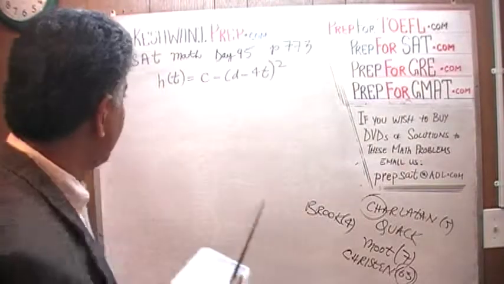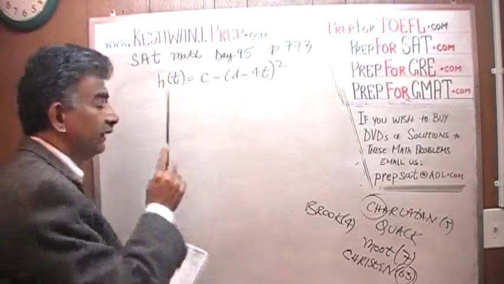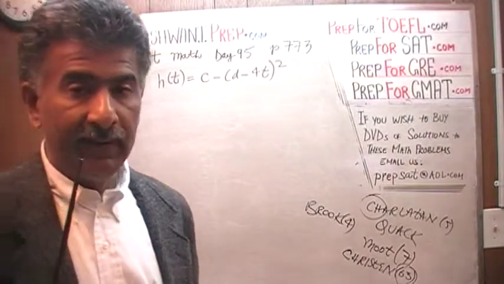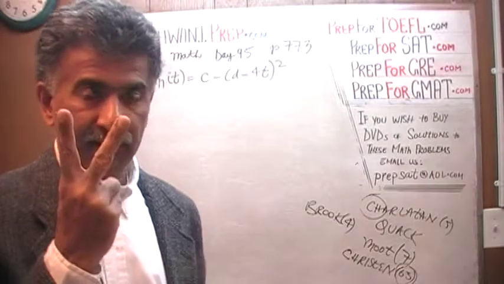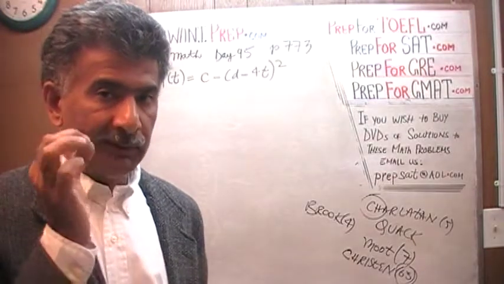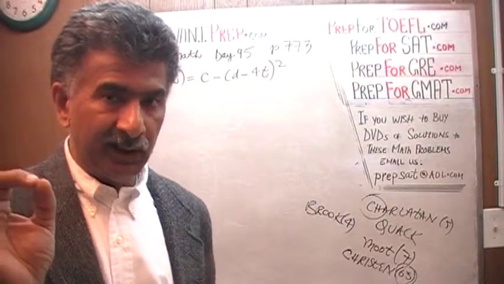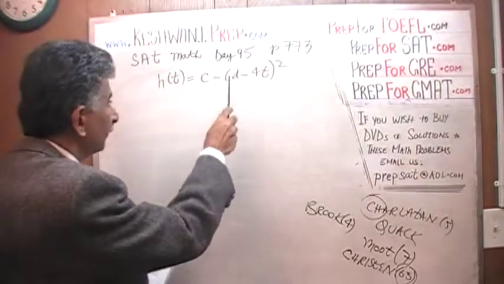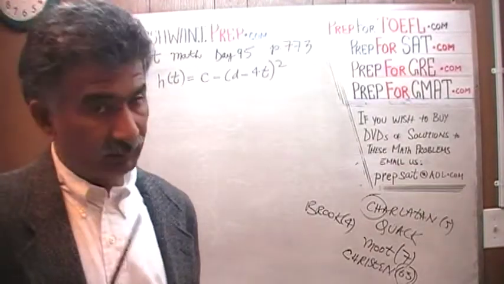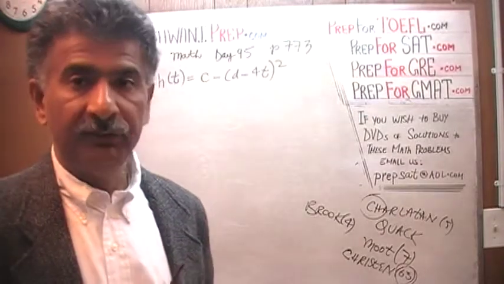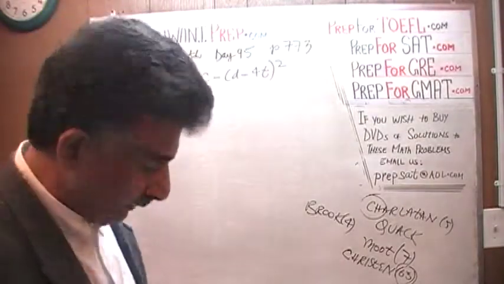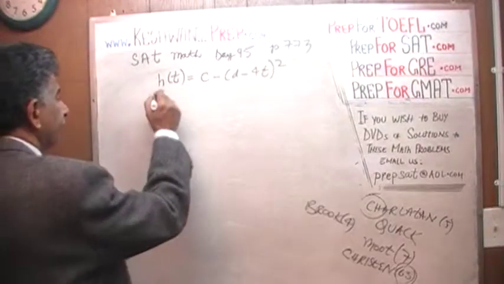Now, in order for us to figure out the value of c and the value of d, we need to figure out precisely how high this ball was at 2 points in time. We need the height at 2 different points in time to solve for the 2 variables. That's what I'm assuming. We'll see what happens. And have they given us the 2 heights? The answer is yes. They have told us that when t is equal to 0,